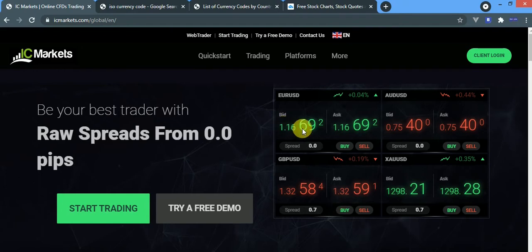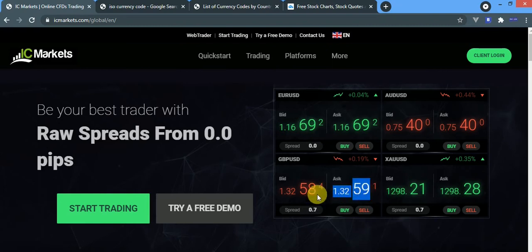So in their Euro USD, which is one of the major pairs, they have zero spread here, because there is no difference between how much they can sell to you and how much they can buy from you. But here they can sell to you at this price,